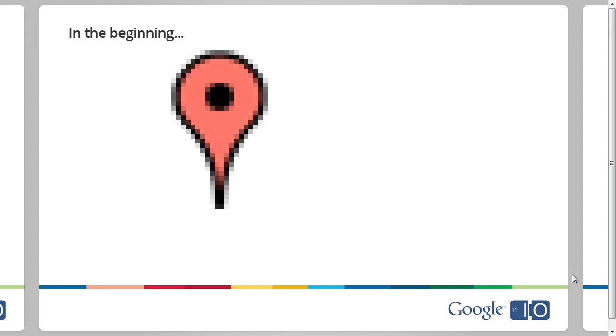In the beginning, back in 2005, maps.google.com was born. And with it came what I think is a pretty attractive marker that the designers came up with to really show locations on the map, where restaurants are, where pizza is, more importantly. To make it really stand out of the map, make it feel like it was actually standing on the map instead of part of it, they introduced a drop shadow, which made it feel like it was standing up,